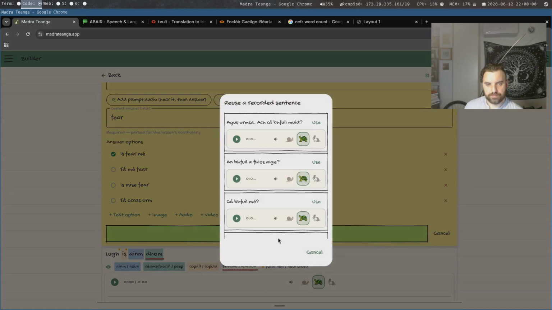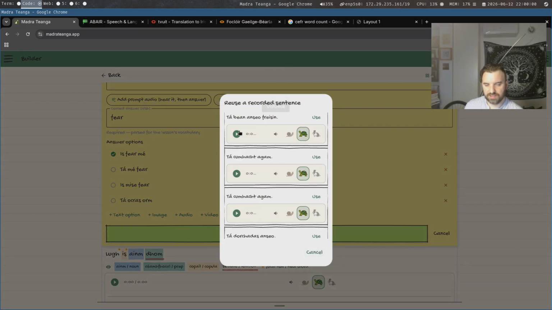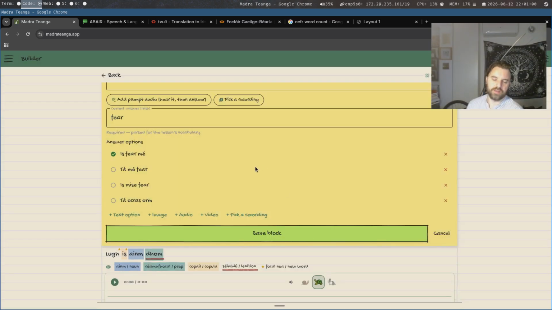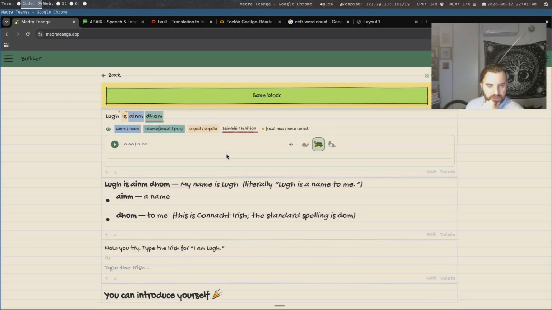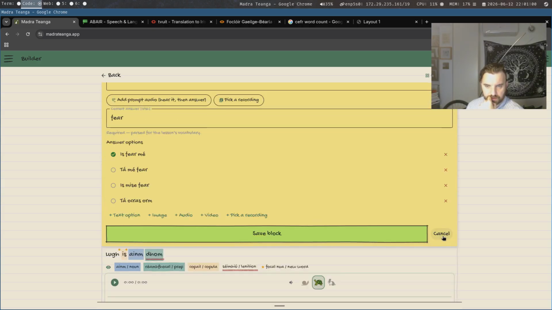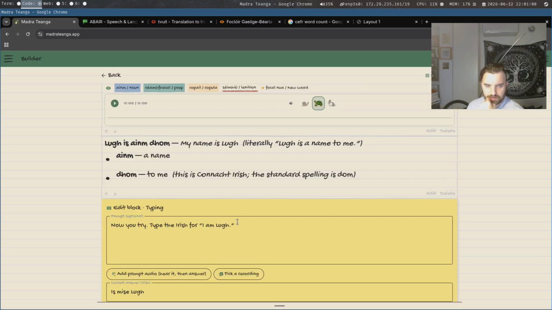And you can also pick recordings you already have from here. This needs to be improved. It just shows everything at the moment. You have to make it easier to navigate. So I want to go down and find the typing lesson and show that one. Oh yeah, this is because of that. It's the typing lesson, so this is like the prompt.